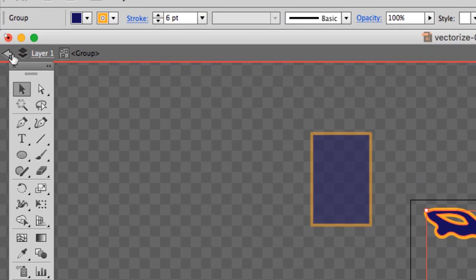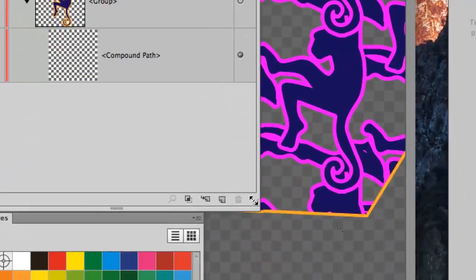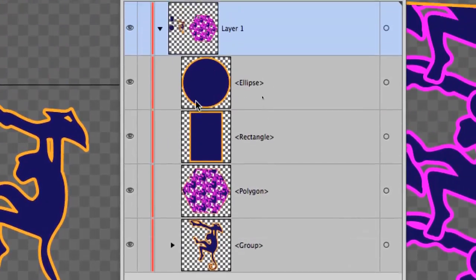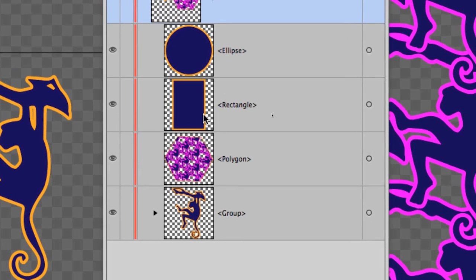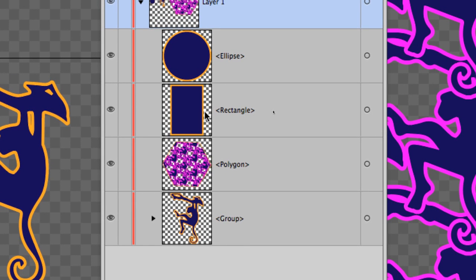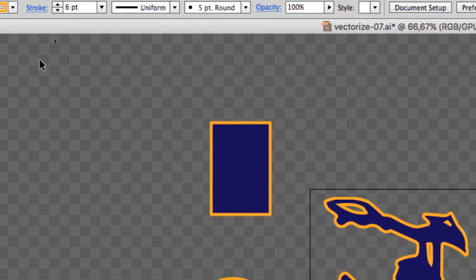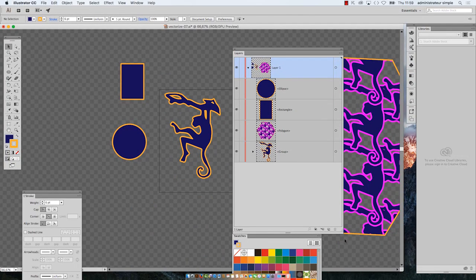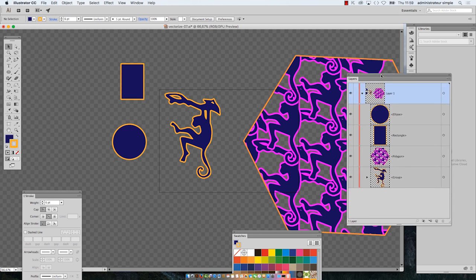And when you go out of isolation mode, you have all of the objects that are visible in the layers panel. So when you are a beginner in Illustrator, it happens quite often that you double click on an object by mistake and you go into isolation mode. And if you don't know what I just explained, it's not easy to understand that you go out of isolation mode with the arrow in the breadcrumb on the top of the window. So if you wish, you may